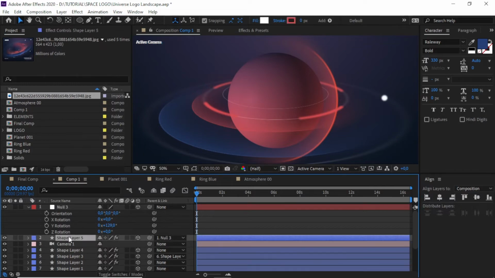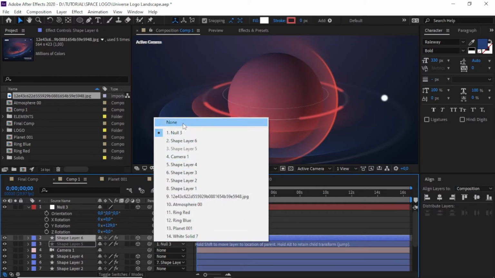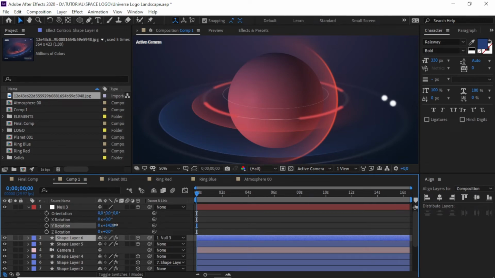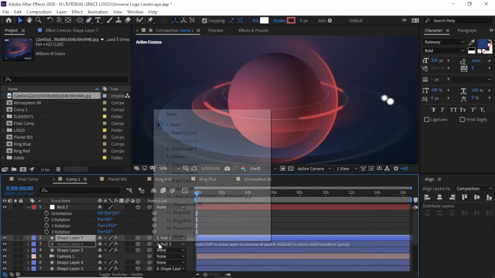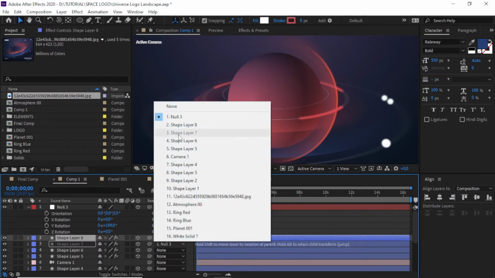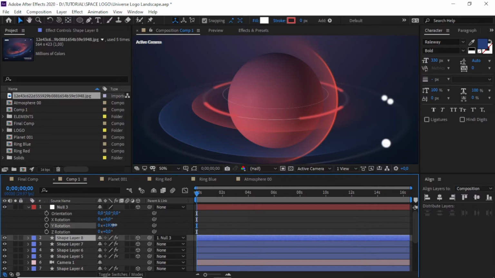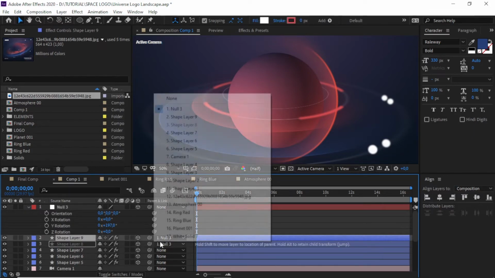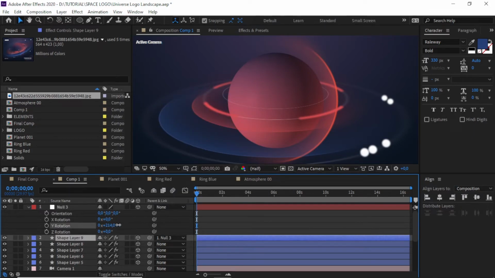So we can duplicate and release the old one, moving a bit, duplicate, release the old one, moving again, duplicate, release the old, moving again. Repeat this step until you are satisfied with the asteroid number.